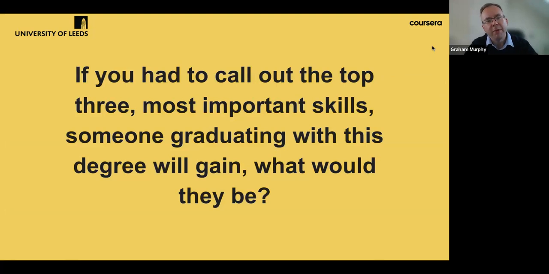I suppose the way that I think about it is I tend to think more in terms of the types of roles that someone would be suited to before and after the degree. So if you were already working, for example, and your role was mostly data organization and manipulation and presenting the same kind of summaries regularly for other uses, this program would enable you to take a step further, where you're not just manipulating and organizing data, but you're starting to use it to draw inferences and glean information and draw conclusions along the lines that Leonid was alluding to earlier.